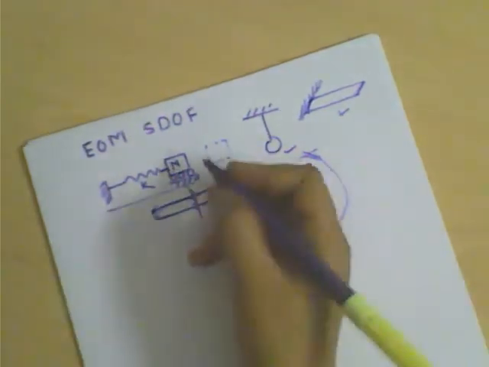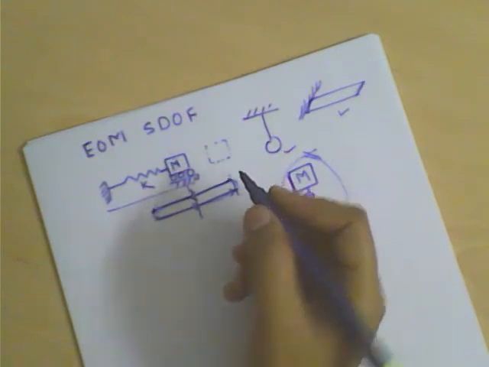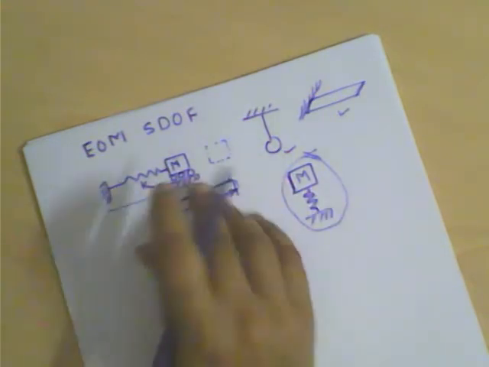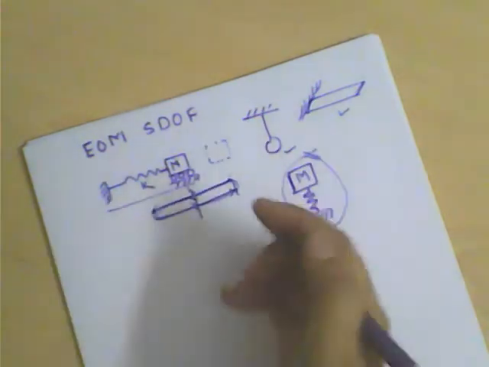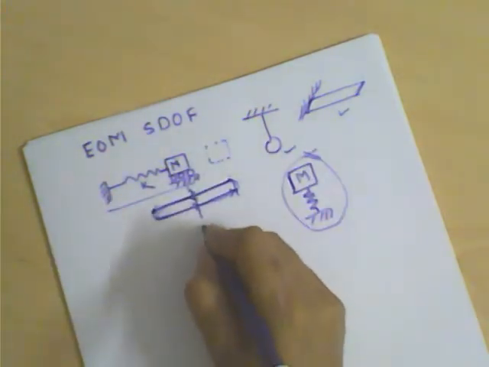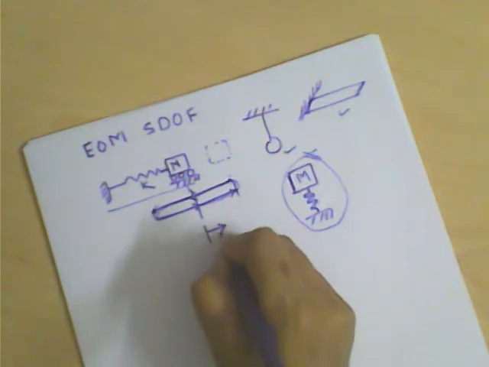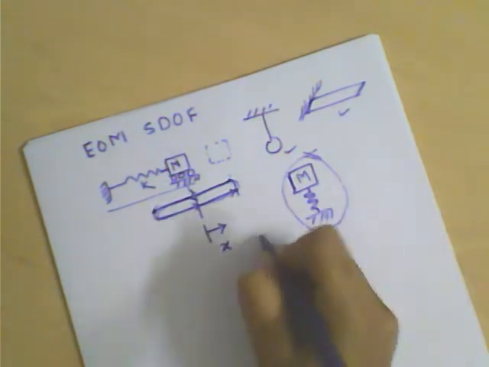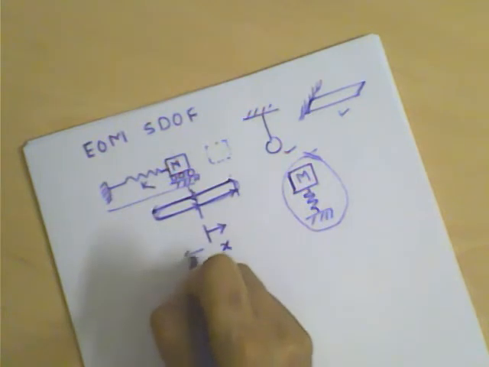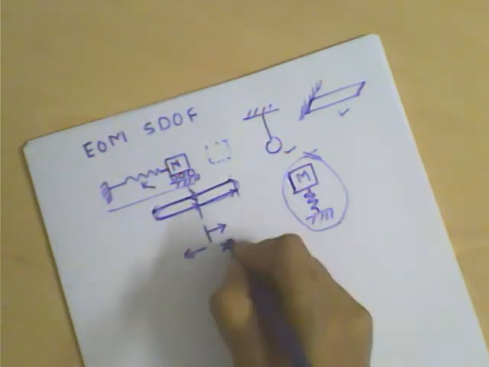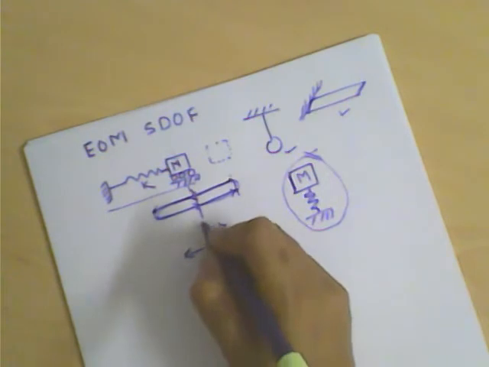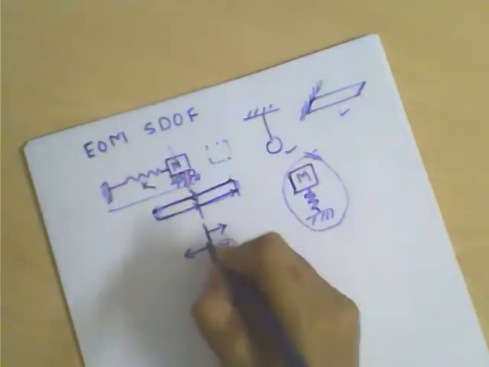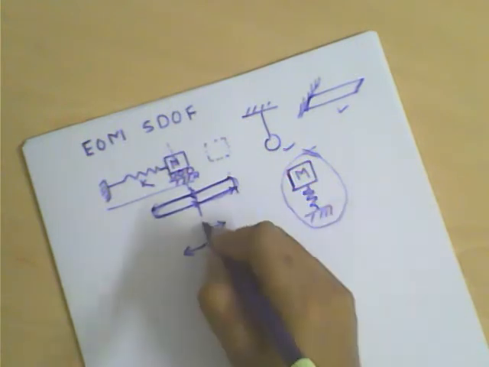In order to do that, let's first see the sign convention for displacement, velocity and acceleration. First, let's consider that x, the position vector, is positive in this direction and negative in this direction. This x will tell you where the mass is, and it will always be measured with respect to the mean position. The reference of x is attached over here.